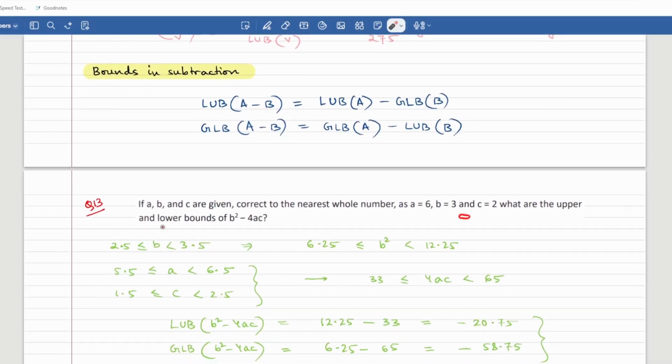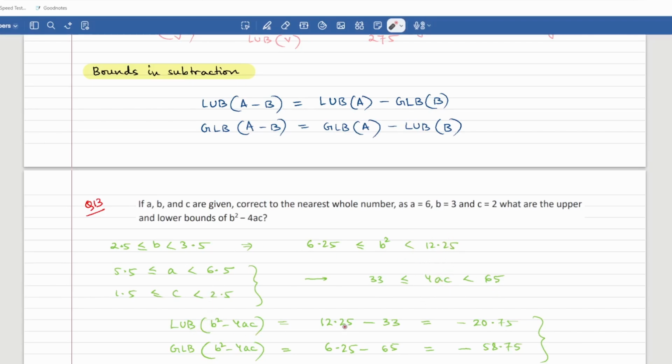B is 3, so it lies between 2.5 and 3.5. So B squared lies between 6.25 and 12.25. Square it. This is how you write the bounds of A and C. For products, the bounds are multiplied. So multiply A and C and then multiply it with 4. That will get rid of the decimals and you get whole numbers. So for B squared minus 4AC, you start